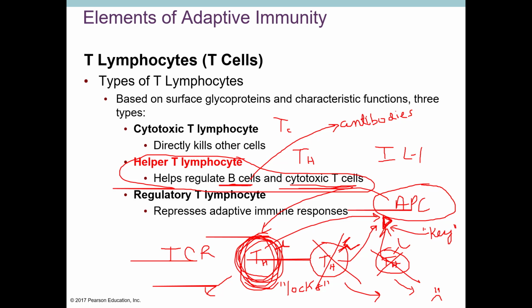They're going to be activated to do more killing, but the B cells, the release of antibodies, is going to be coming next. So let's stop this video. I think it's a good time. Stop the video and watch this little